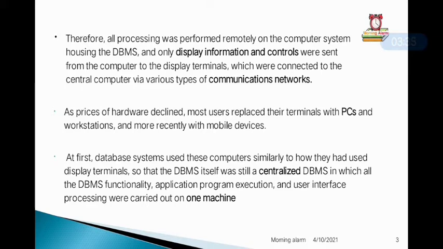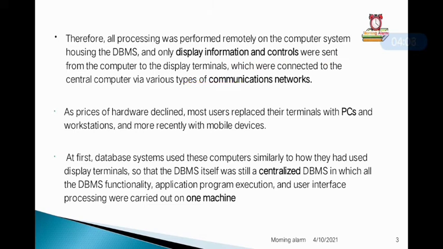So the basic structure of the DBMS is nothing but centralized architecture, in which all the DBMS functionality, application program execution, and user interface processing was carried out on one machine. In this architecture, all the display terminals are connected to one main computer via communication networks, and only the display information and controls were sent to these display terminals.